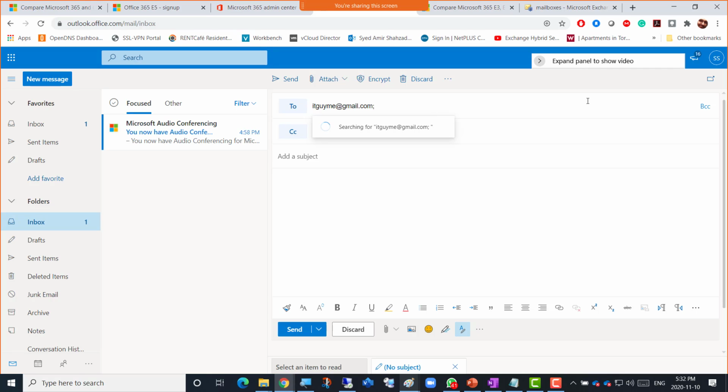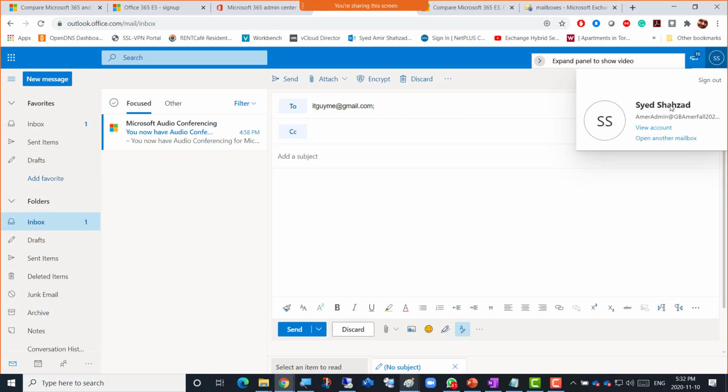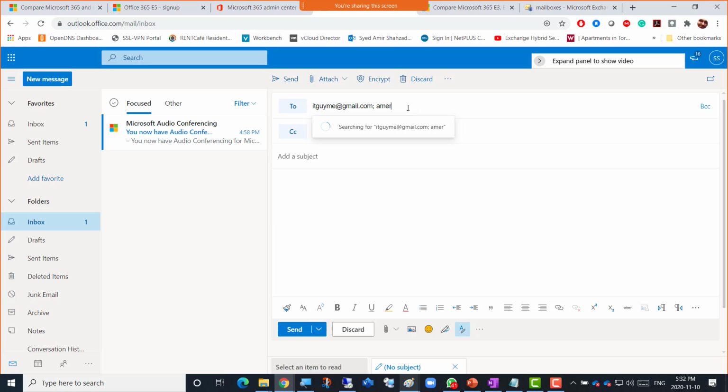So what is my email address with which I am logged in? You can go to the top right side here, this one, and check. Oh, okay, my name starts with my first name admin. Okay, I think it's going to be able to search if I just type my first name admin, right? So after colon, semicolon, I'm going to go for my first name admin, and I'm asking it to search,